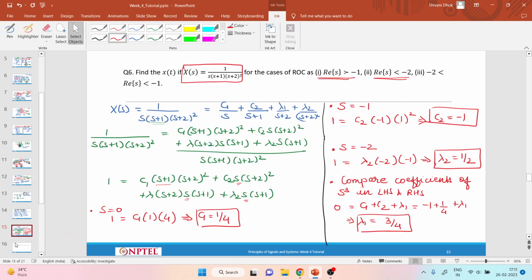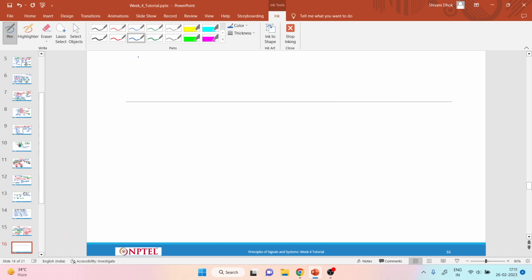Okay, so what I have is my C1 comes out to be 1 by 4, my C2 comes out to be minus 1, my lambda 1 comes out to be 3 by 4, and my lambda 2 is equal to 1 by 2, and my X of s is equal to C1 upon s, so that is equal to 1 by 4s